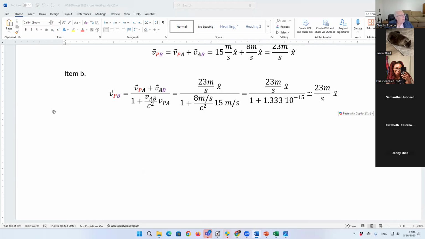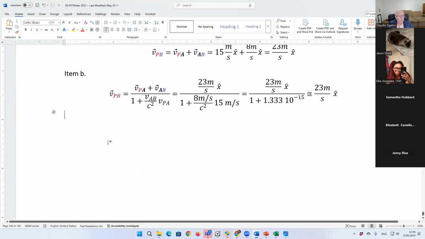5 minutes to go. The situation changes when the speed increases, when we start talking about relative speeds, relativistic speeds. Now consider